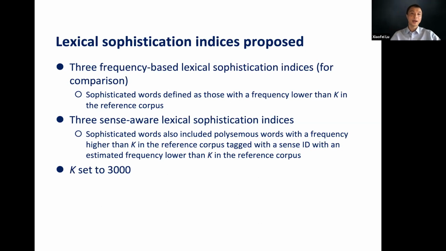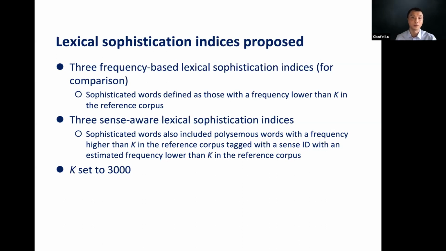Once we had all of that figured out, we started thinking about ways to integrate this information into our indices. We had two types of indices. One is frequency-based lexical sophistication indices. These are the traditional ones, just for comparison purposes. We define sophisticated words as those with a frequency lower than k in the reference corpus. And in addition to those, for the other three sense-aware lexical sophistication indices, we also considered